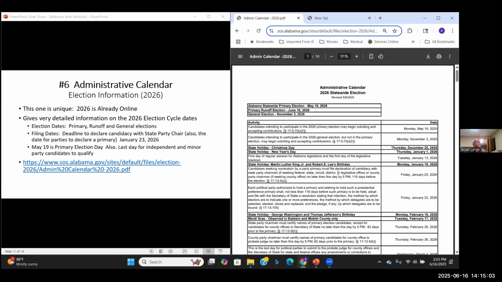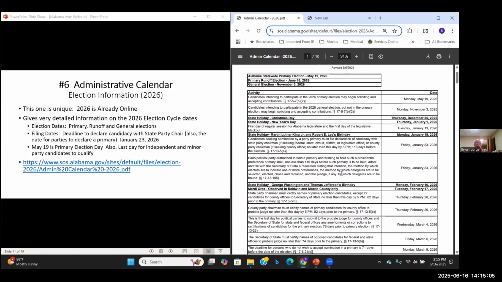And this one is just opposite. It only covers 1 year, but it's got infinite detail. If you want to know anything about the 2026 election, this gives you here. It gives you the dates of the primary, the runoff, the general election. It gives you the filing dates,